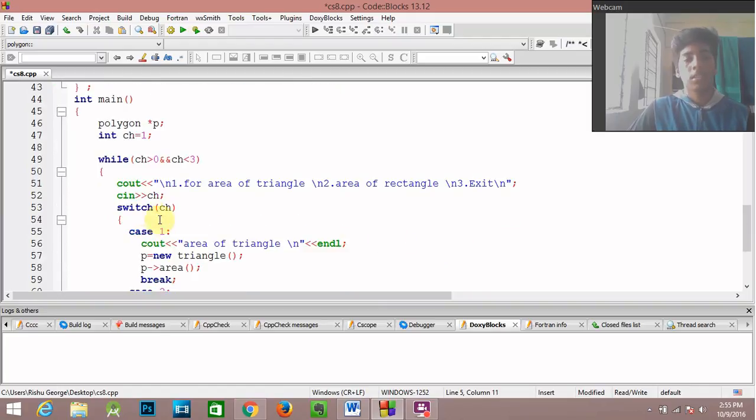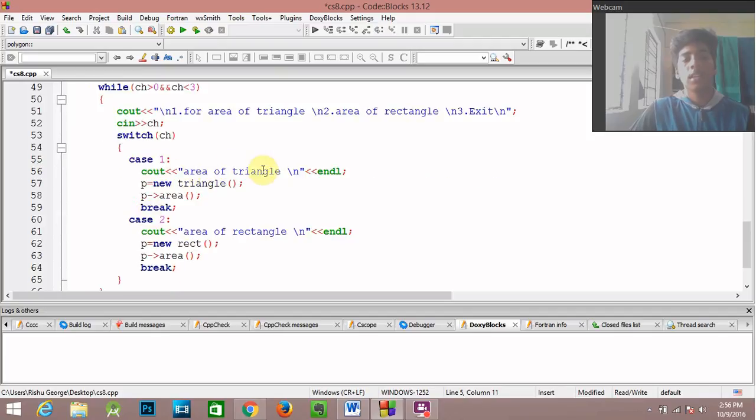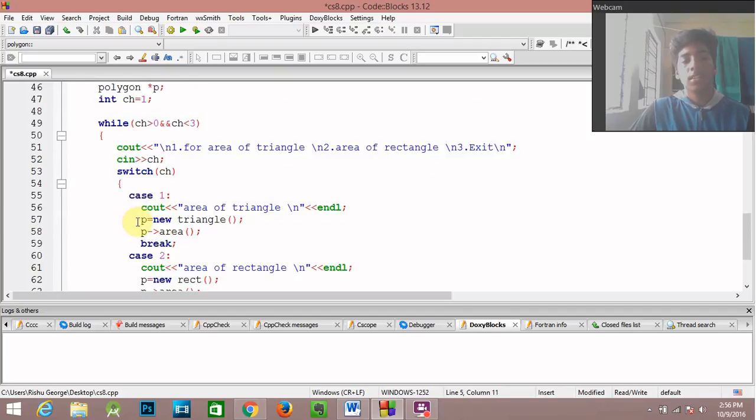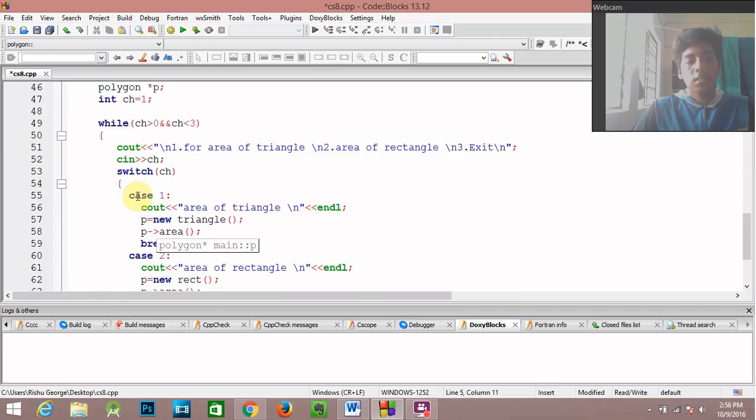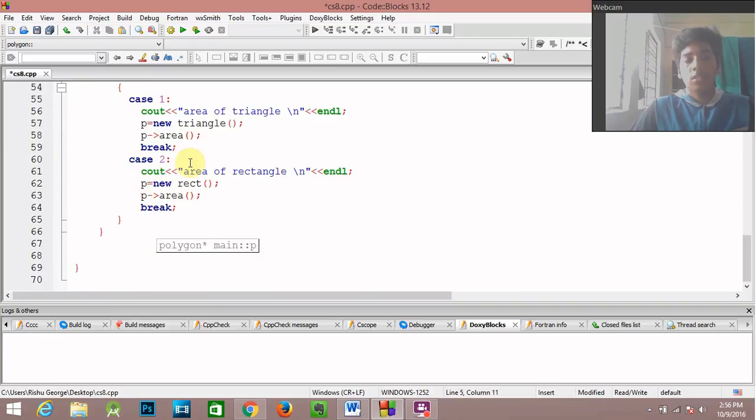So inside this we have the switch case, switch ch, that we have declared as 1. So in case 1 it will go as area of triangle, and through that object, that is the p pointer variable, we have given p is equals to new triangle. New here is a keyword, and it will allocate memory for this triangle in the runtime. It is a dynamically allocated operator, and it will allocate memory during the runtime only. And here we are giving p arrow area, that is p will go to the area specifically of triangle that we have given here, as we have created a new triangle here also,